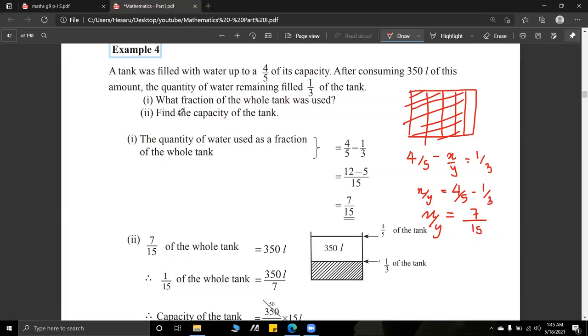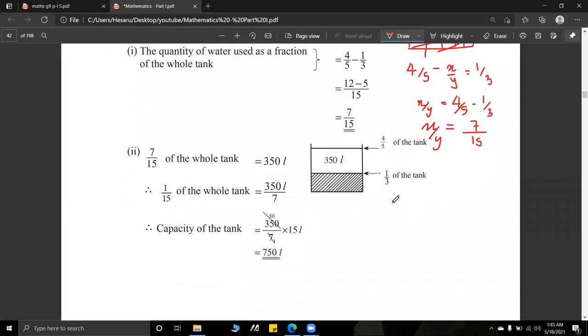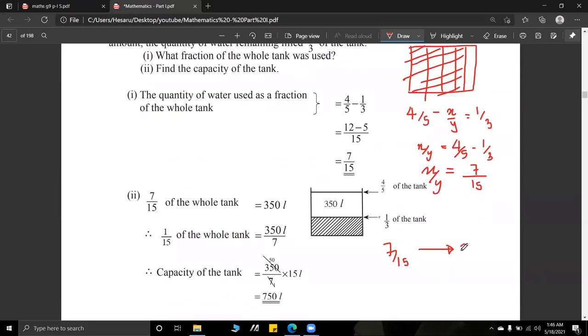Okay, now the second part is find the capacity of the tank. It's not a big deal. Now they are saying that 350 liters have been consumed. So you know that that part is 7 over 15 of the total tank. So if the 7 over 15 fraction is equal to 350 liters,